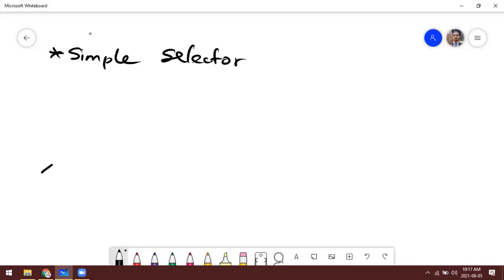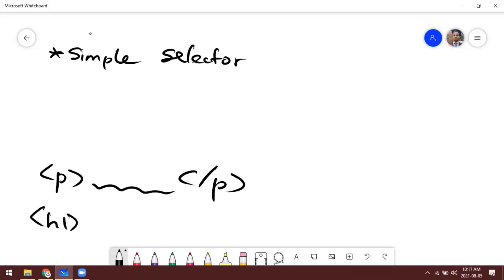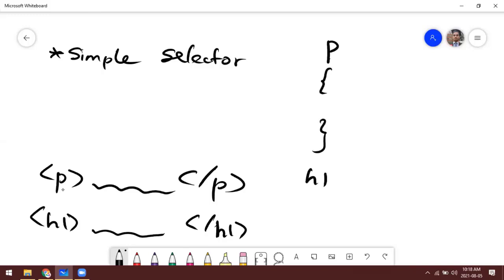What we mean by that is, if there is a paragraph tag, we just reference it using the paragraph tag, and to reference the H1 tag, we simply use H1. So this is called a simple selector. We have used the default HTML element.